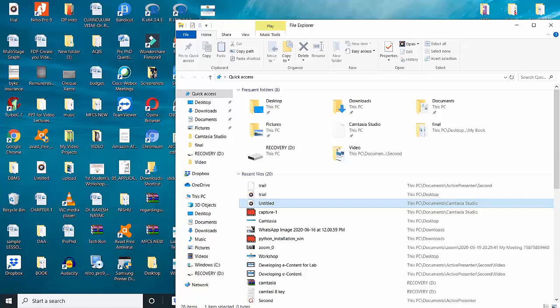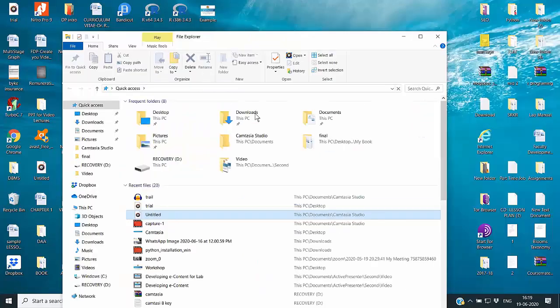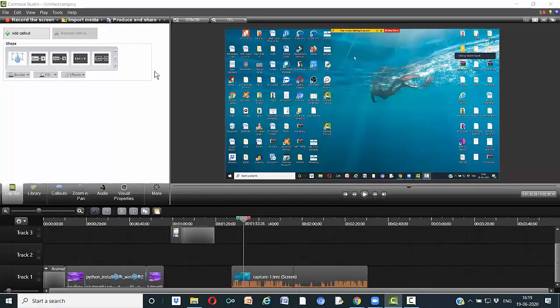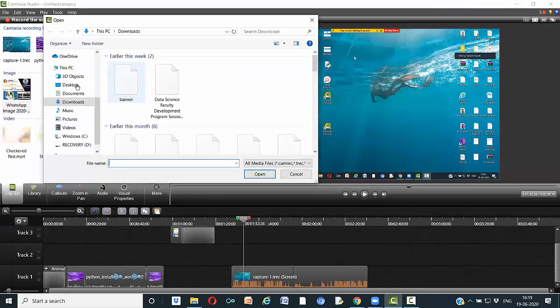Now I'll again come to this particular file and I'll make it full screen here. Now I can import that file. It is there on the desktop, right?